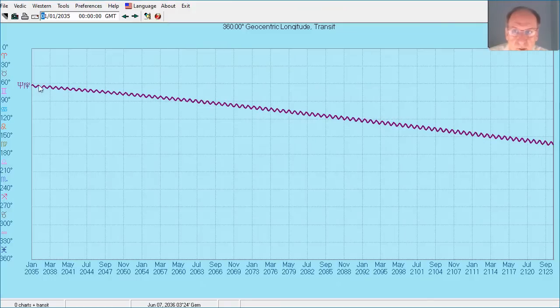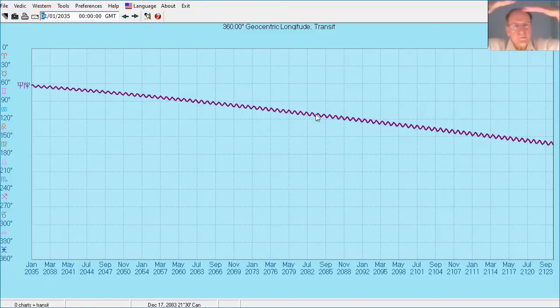And now it's no longer sitting around 60. All of a sudden, the distance between Neptune and Pluto from 2035 to 2125 goes from 60 to about 160. So it's no longer horizontal.